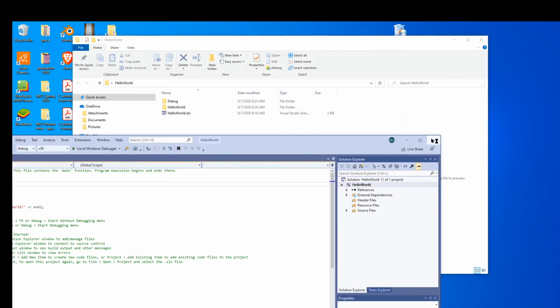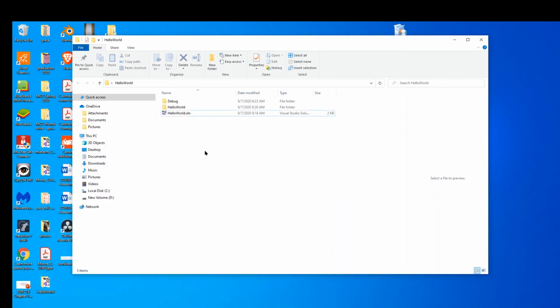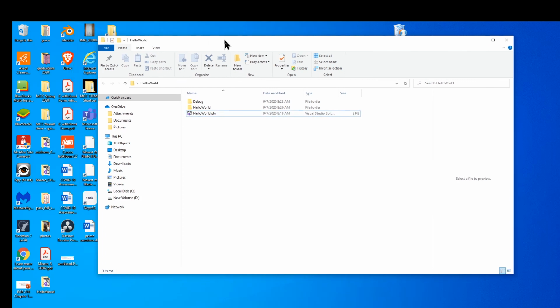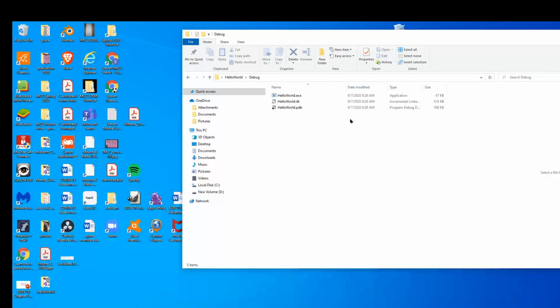Now, one of the things I had mentioned previously in the first day was that you create source code. So this is what you're doing: you're writing this code, and then you're executing it, which essentially is when I hit that green button, it goes through and creates an executable file that can run on your machine. The location where it creates that is in this folder called debug. And there it is, the helloworld.exe. So if I double click this,